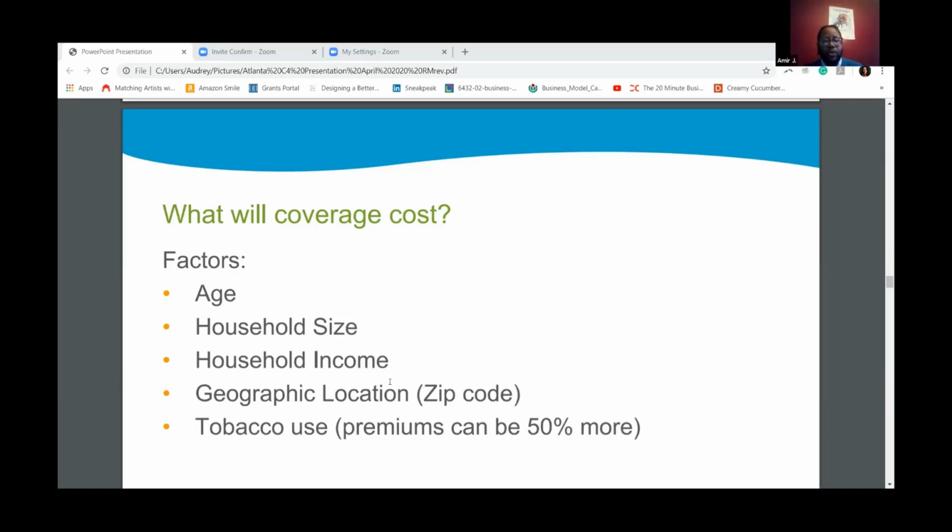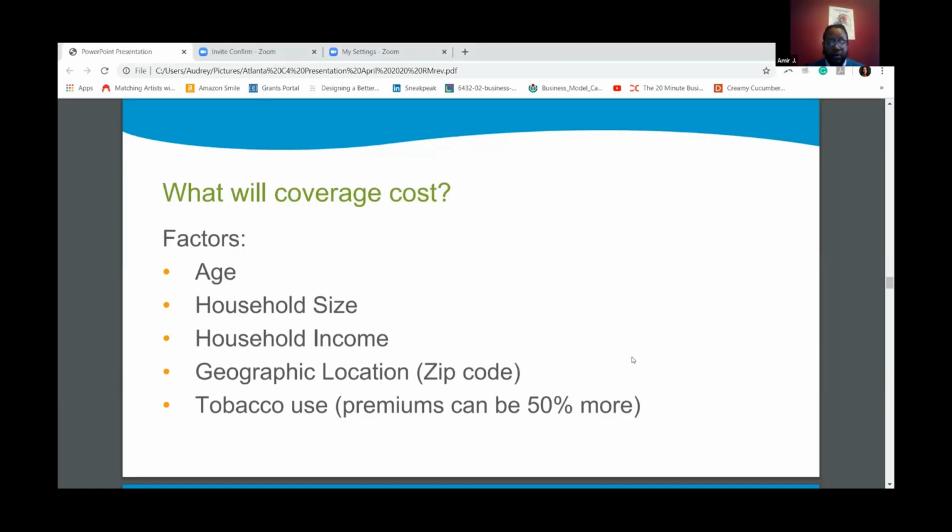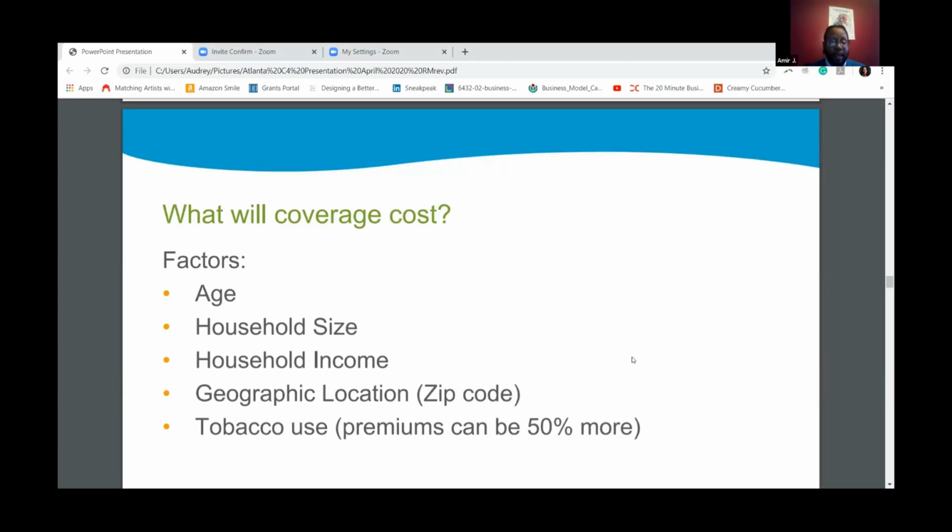I will also share that on healthcare.gov, there is what's called an estimator tool. You're able to look at plans that potentially could be worthwhile for you before you complete an application. In that estimator tool, they ask about your household size, they ask about your income, they ask for your geographic location as well as your age. They do not ask about pre-existing conditions, however. Next slide, please.